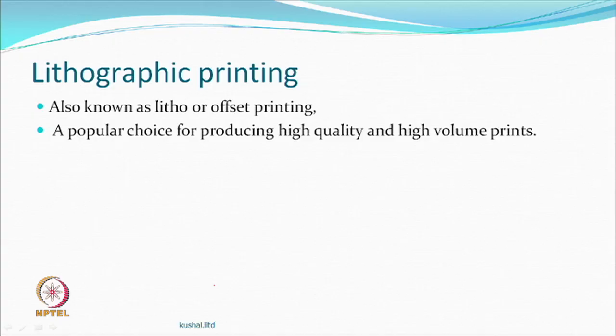This is one of the latest ways of printing paper, which is called lithographic printing, also known as offset. A large number of people who go for getting anything printed say, well, we want an offset printing machine. High quality and high volume prints. If somebody is printing a book, so many pages have to be printed, so many copies of the same page, like even newspapers today, you will go for lithographic printing.